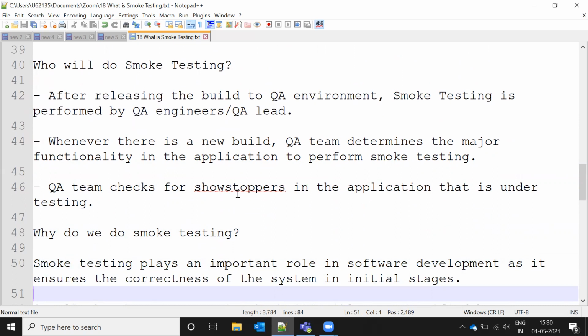The QA team checks for showstoppers in the application under testing, any major errors or defects, using a minimal set of test cases in that smoke testing build. If any showstopper is present, we give the build back to the developers, they will fix it and get back to us.